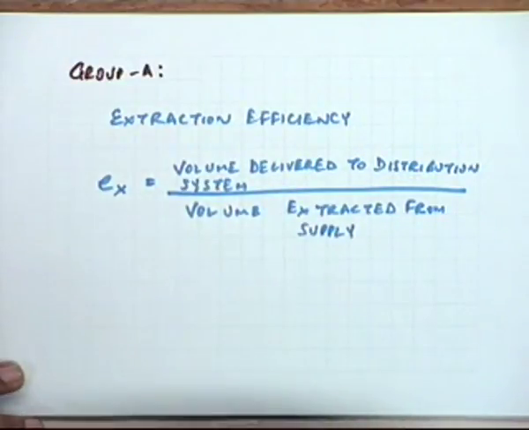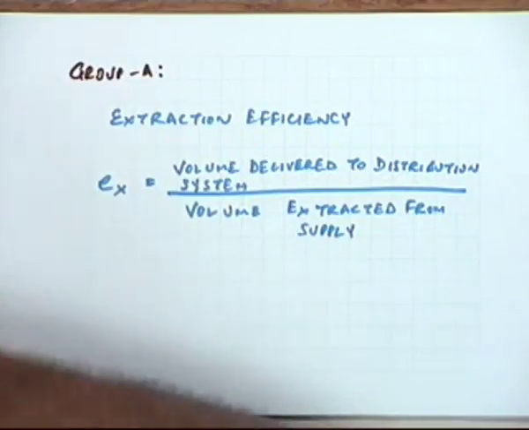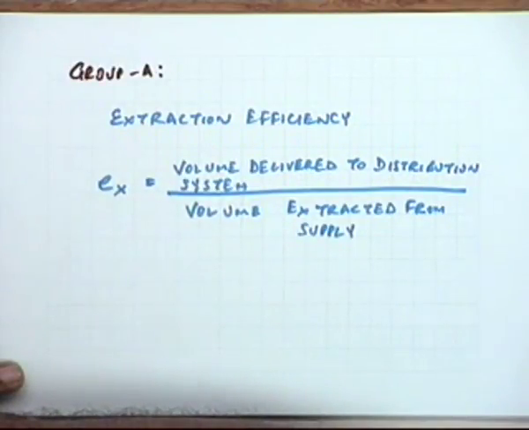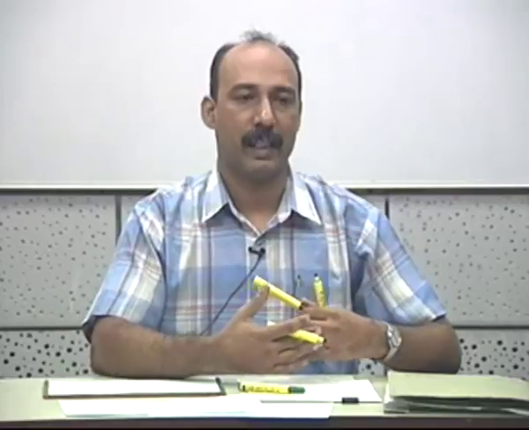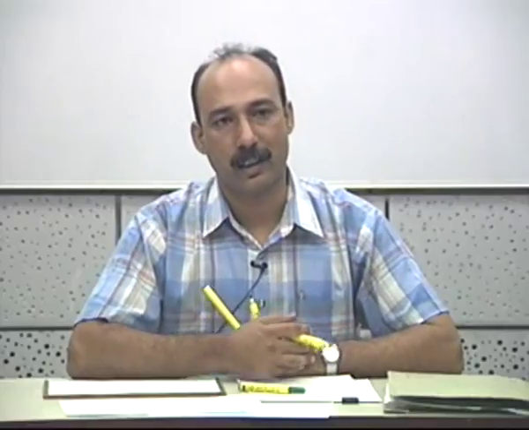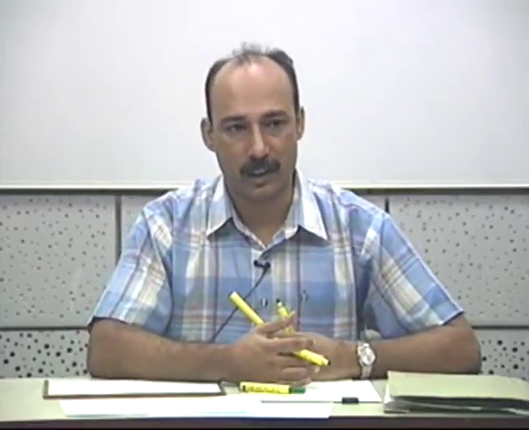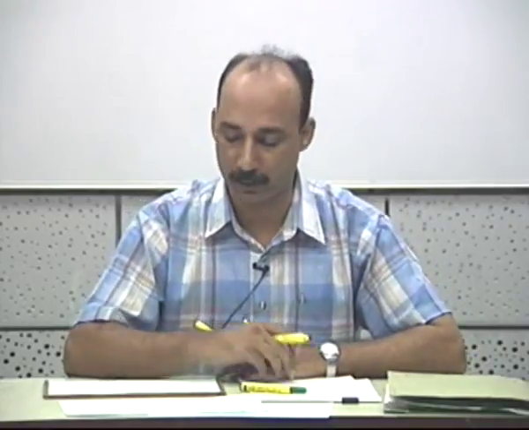Yes. Is it the same as conveyance efficiency? Conveyance in that segment, yes, is part of them. In some cases, people combine the two efficiencies, the conveyance within the system and the conveyance above the distribution system. If you separate them out, there can be some conveyance loss above the distribution system, and some conveyance loss within the distribution system. So this is the conveyance loss above the distribution system, and that is why it's called extraction efficiency. It is a term which is now being used more often, just to differentiate the two.